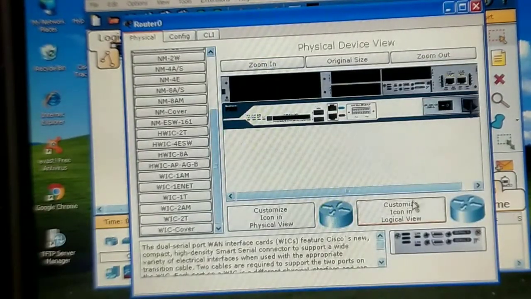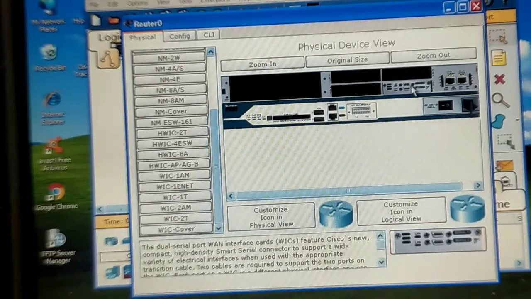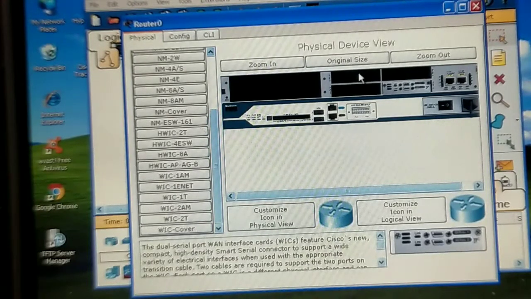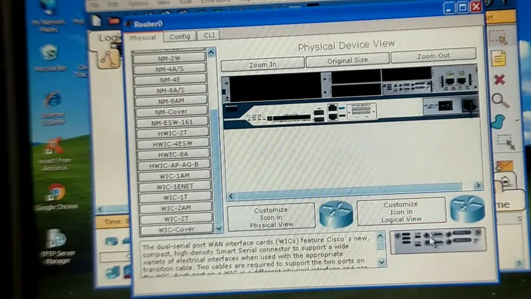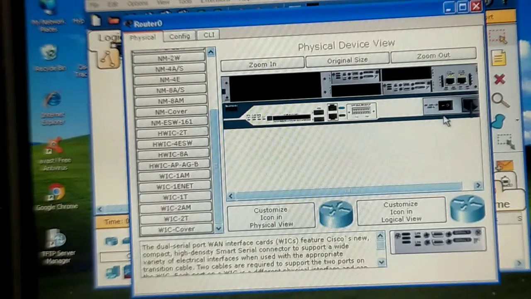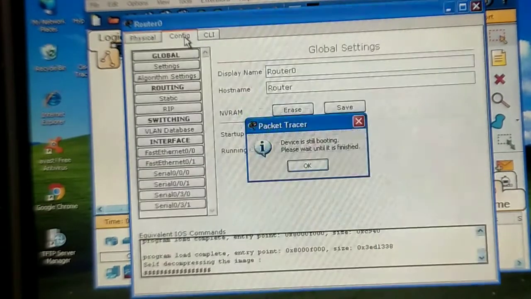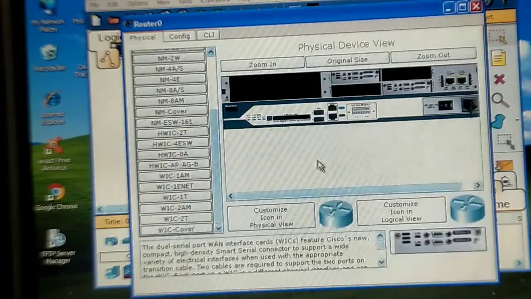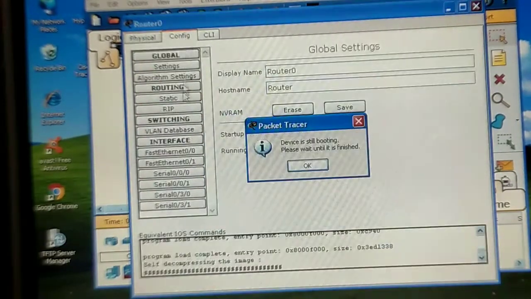Similarly, if I attach another card, let's say this is 0/0/0 and 0/0/1, this is 0/1/0 and 0/1/1, this is 0/2/0 and 0/2/1, and this is 0/3/0 and 0/3/1. So let's say I am attaching my card over this port, and now turning on the router, and now I went again to my config portion, and there you can see that you have serial 0/3/0 and 0/3/1.